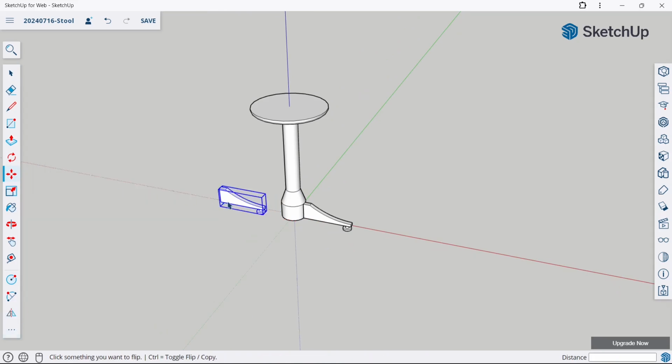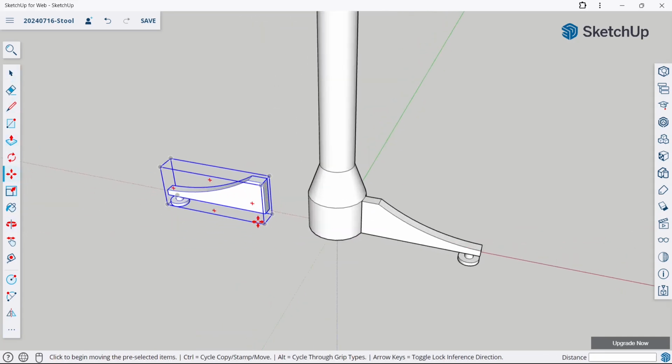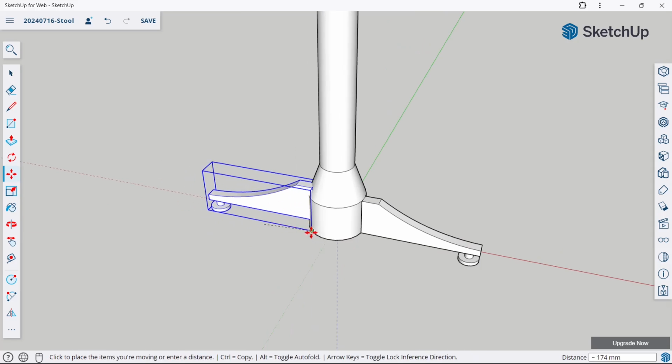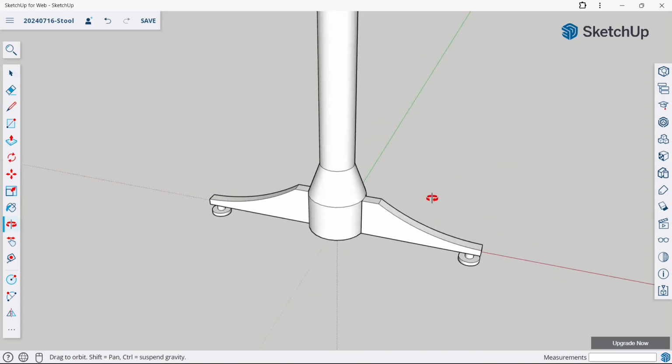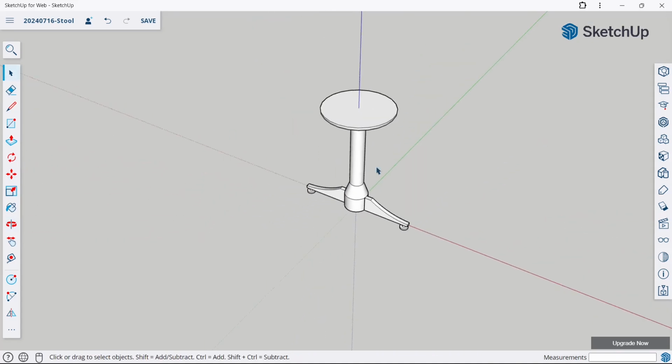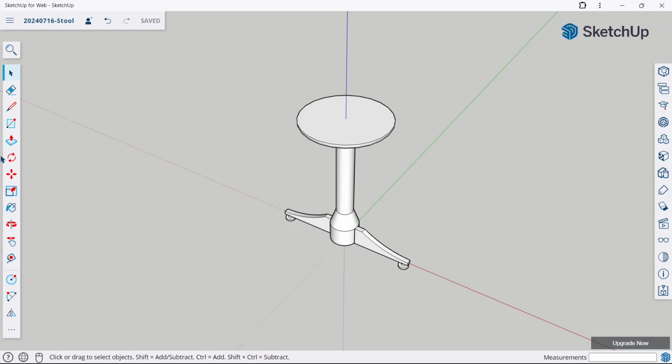Now go to flip tool, select the body and flip around this tool. Now go to mode tool, select this one and drag it over. Again go to mode tool, select this body and drag it by pressing control. Place it over here. Now go to rotate tool,